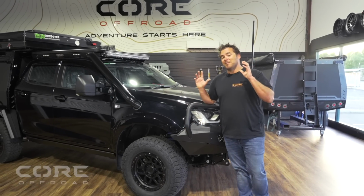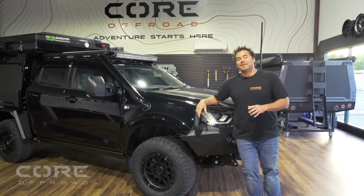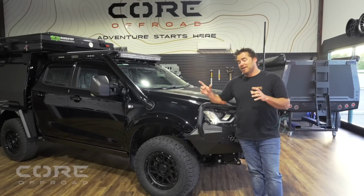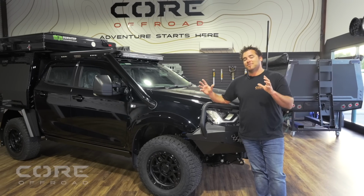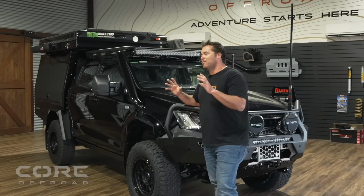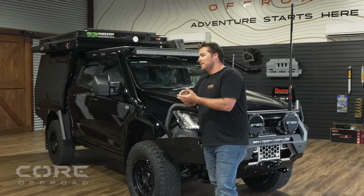So in this build, it's a brand new 2022 Isuzu D-Max X-Terrain. Now, this vehicle is bound for Central Queensland. Our sales team have been working with the customer to get this vehicle spec'd up exactly the way they want it. There's a whole swag of extras that have been put into this vehicle, including GVM, snorkel, bull